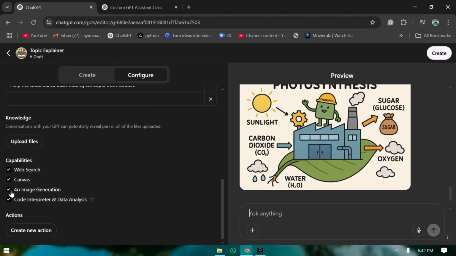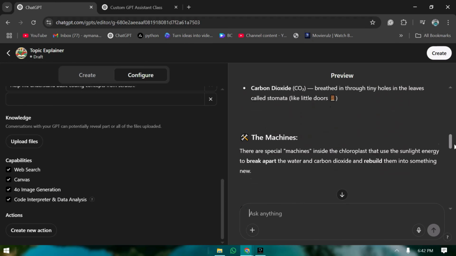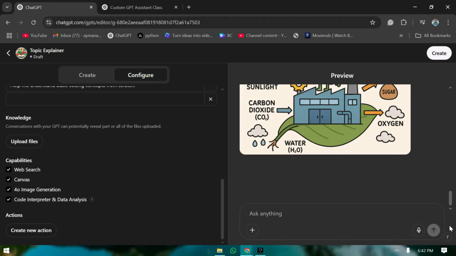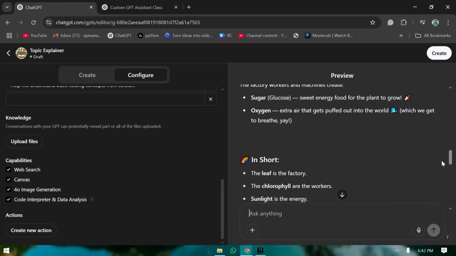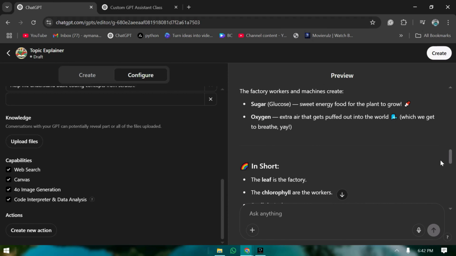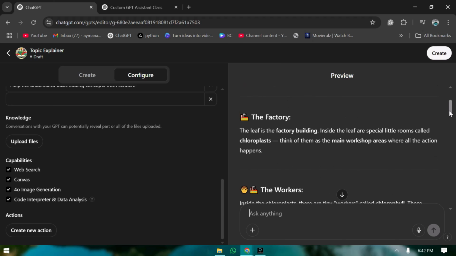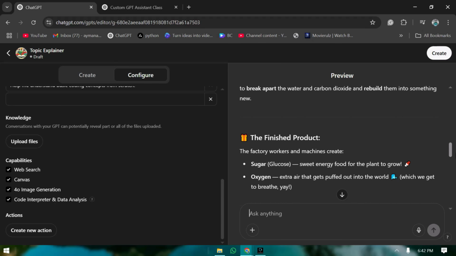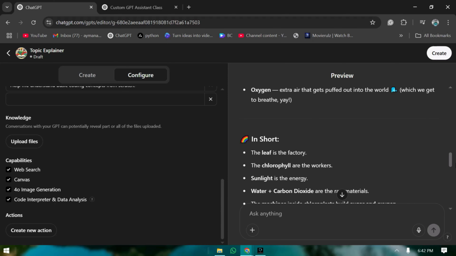So here it used 4o image generation and web search. So these are the things that it used to get this answer. So this is how you can ask questions, and as you can see how nicely it has given me the answer. So in the preview we have tested whether our GPT was ready to be used or not. So here I think the answers are nice, and I don't think I want to add or remove anything in this. So I'll just create my GPT,